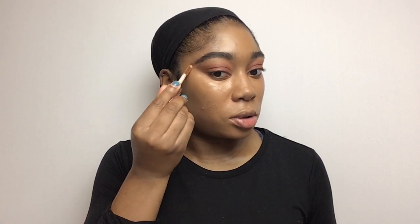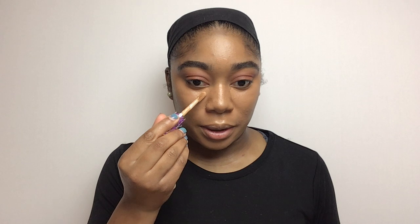And we're just going to apply that shade just like that. Down the bridge of the nose, a little bit on the forehead, on the cupid's bow, and on the chin. So we got that on. Then we're gonna take our Tarte Shape Tape and we are going to just put a little bit there, and right there, a little bit there,